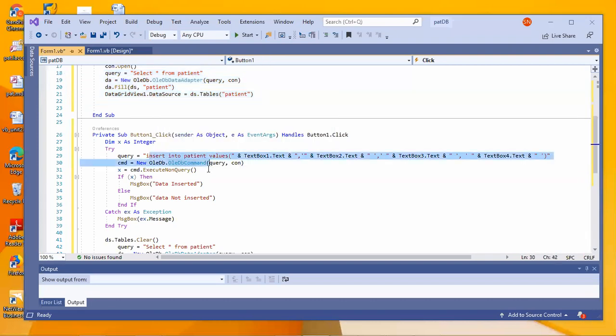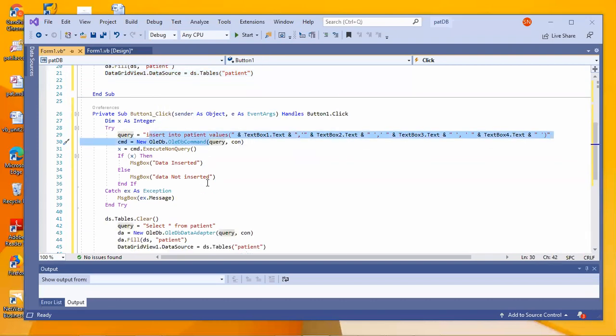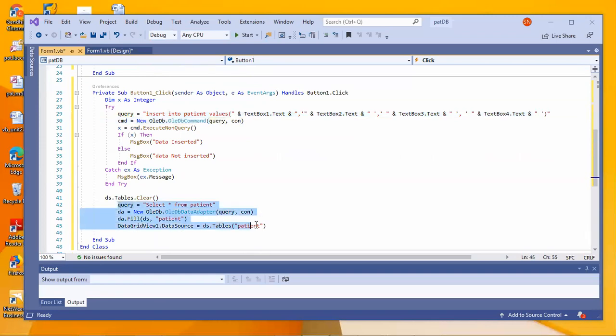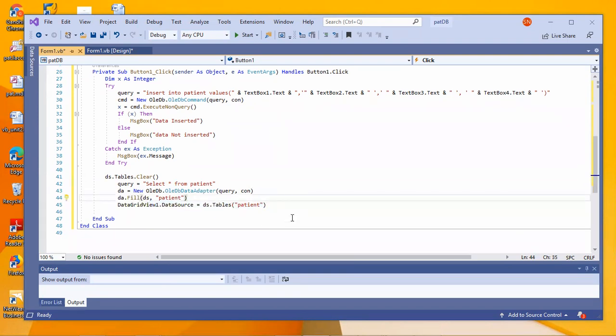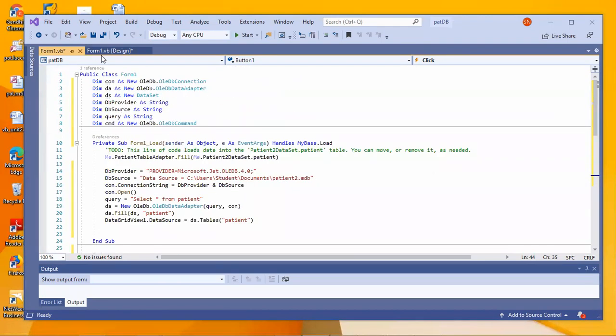After insertion, I need to display those rows also, correct? That is select star from table, giving a new table view. The previous tables, clear them. Select star from patient, go for the adapter, for the given connection, fill it into a data set and then display it in a data grid view. Clear?